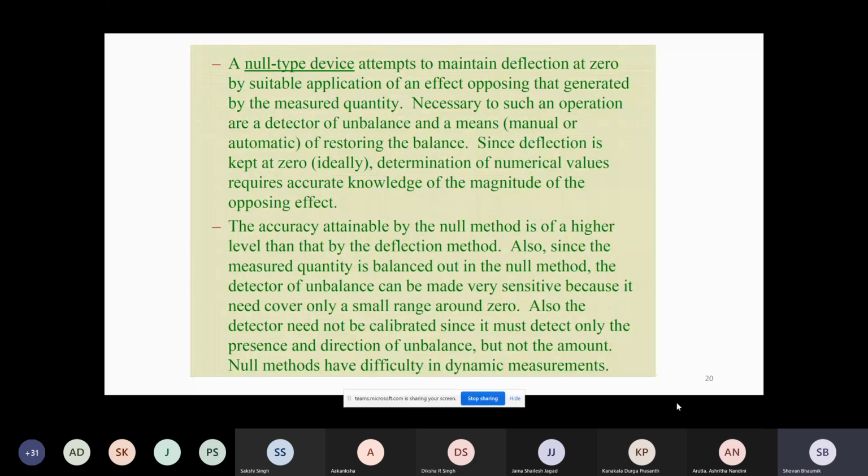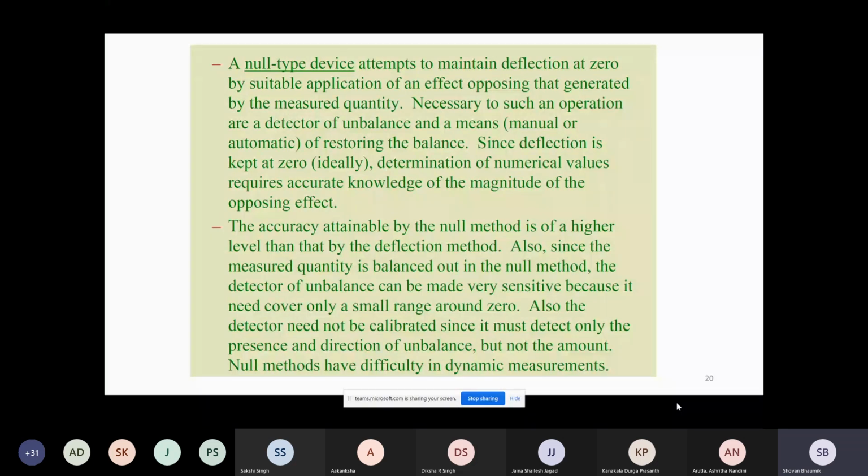Now if you want to measure the same thing with the null balance, it's very difficult because once it has changed, you have to do a whole set of things. You have to change the voltage, you have to change the resistance, to achieve the null balance of the Wheatstone bridge or something else, and then you see. Doing so takes a lot of time, and in that time, the input voltage may change. So when you are using the null balance, you are using a dynamic input. That means the input is changing with time, slowly. Why I mean slowly, I will come to that. So in that case, your null balance is of almost no use.